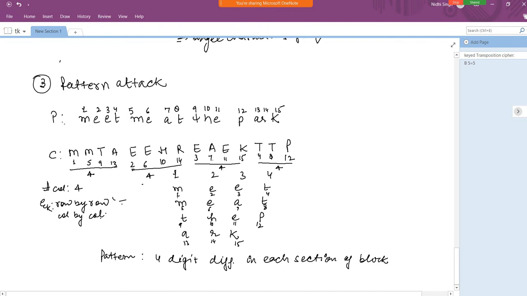So from this, because the Eve attacker, suppose it has to know the ciphertext and the corresponding plain text. So from this, it gets to know the number of columns and their patterns. Okay, it doesn't have the plain text now, it has only the ciphertext. So this is called the ciphertext only attack.